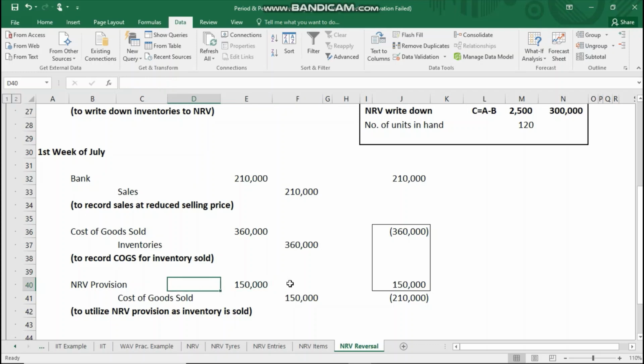ठीक है, तो ये एंट्री हो गई। लेकिन इस इन्वेंट्री को मैं जून में राइट डाउन कर चुका था एनआरवी तक, तो मेरे पास इन 60 टायर्स का एक एनआरवी प्रोविजन भी पड़ा हुआ है बैलेंस शीट में, जो कि है 2500 के अमाउंट से। ठीक है, और वो कैसे कैलकुलेट होता है? वो ऐसे कैलकुलेट हो रहा है कि 60 टायर्स मल्टीप्लाई बाय 2500। ठीक है, तो ये मेरे पास 150,000 का प्रोविजन है।